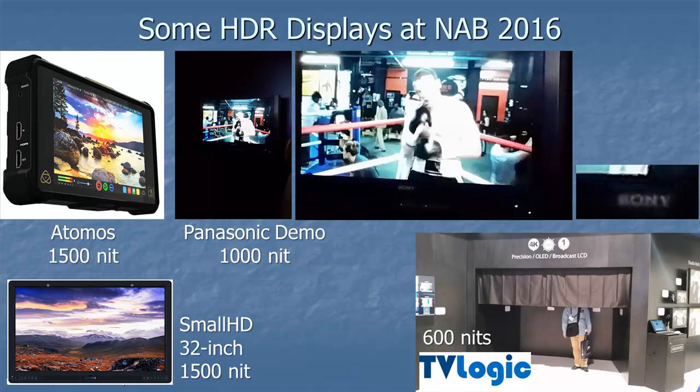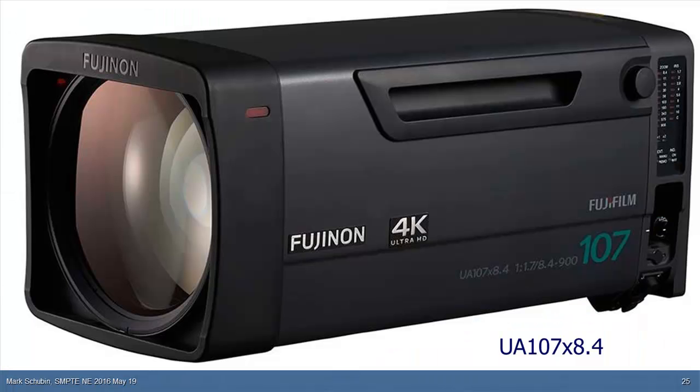Now, normally, if they do that, they would take a little piece of black tape and put it over that. But they didn't do that this time because they're saying, hey, the whole industry is moving towards HDR. We don't care if we happen to be using a Sony monitor. That's fine. This is a lens that came out at NAB this year,